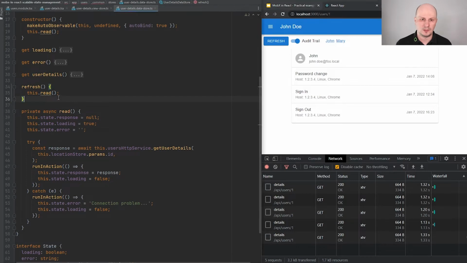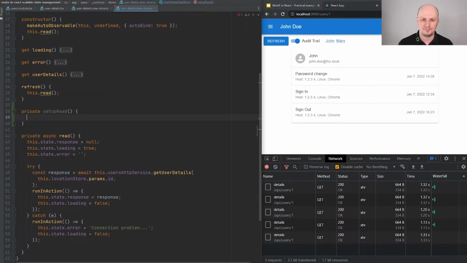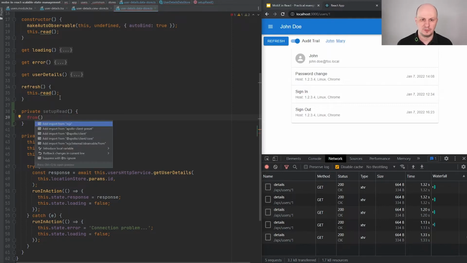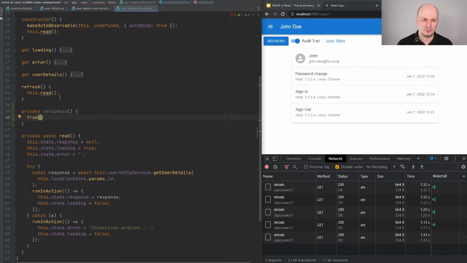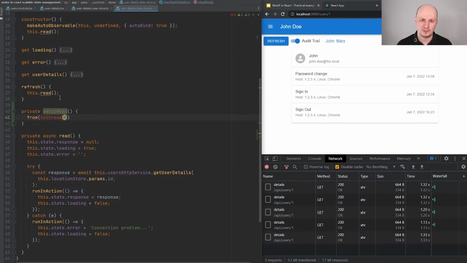I'm going to start to provide a new action, setup read, and I'm going to use the from RxJS to start the stream, and toStream helper from MobX utils to convert reaction.